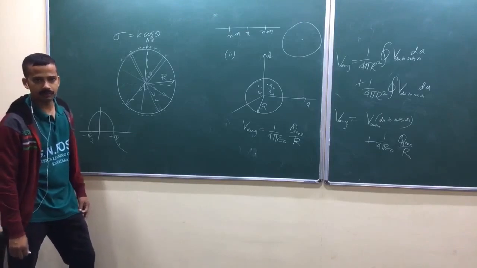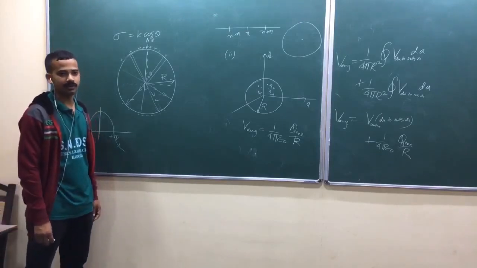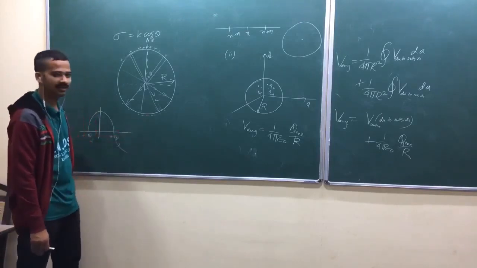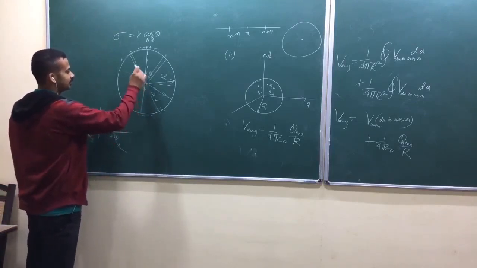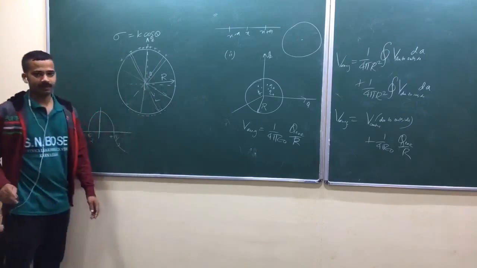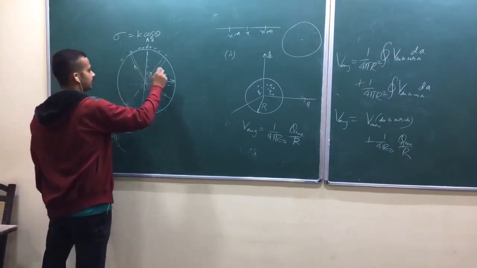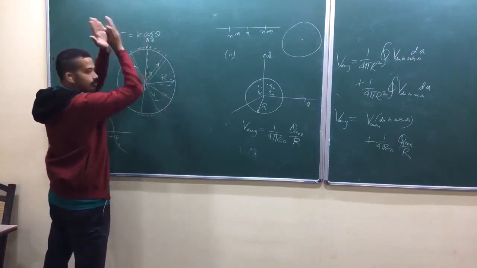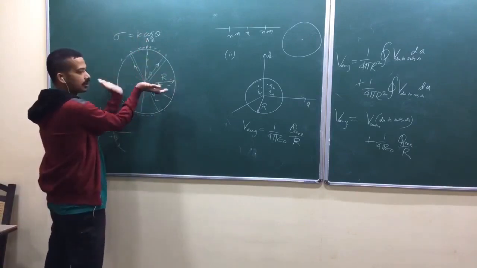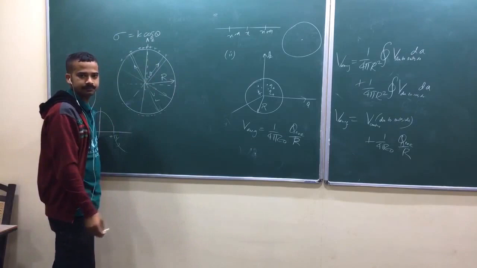Dipole moment from positive to negative. No, negative to positive, here I have done it the wrong way. Dipole moment is from negative to positive, you have to assume like this. Are you getting my point? Suppose you have one dipole moment like this, another dipole moment like this. These two will add up in their vertical component, and the horizontal component will get cancelled out.